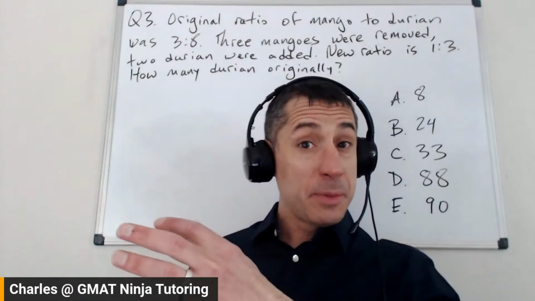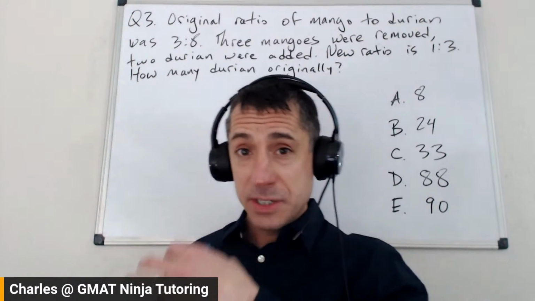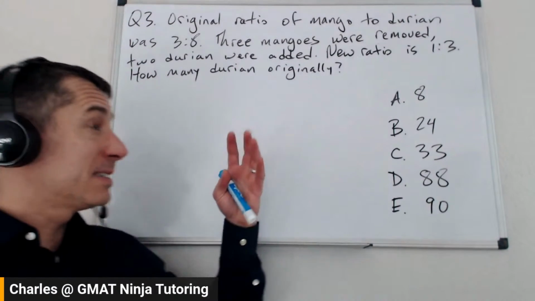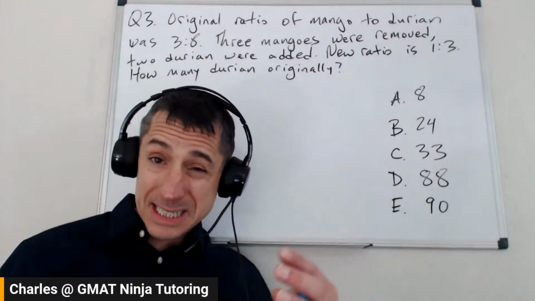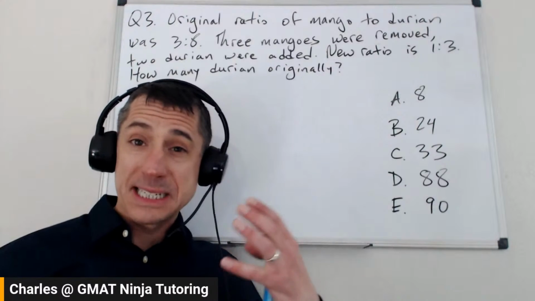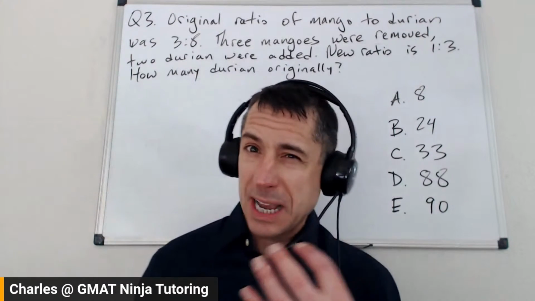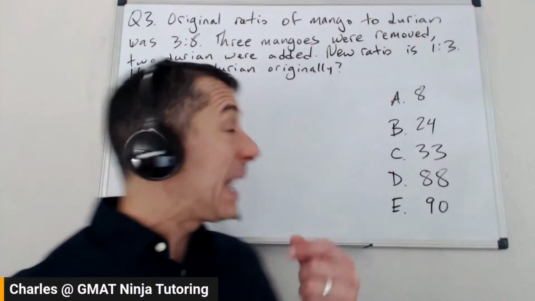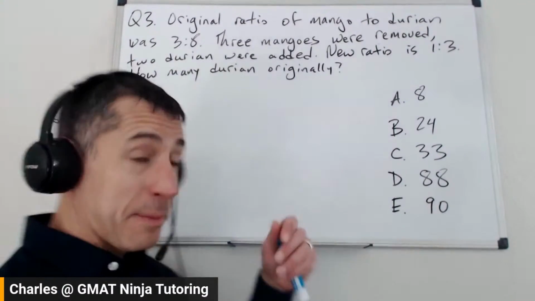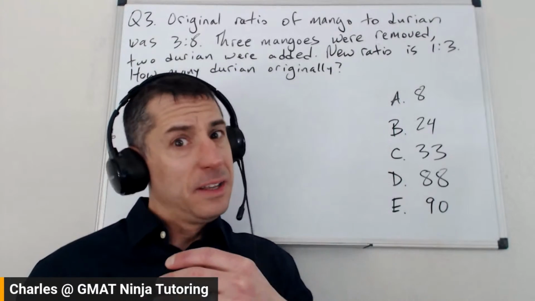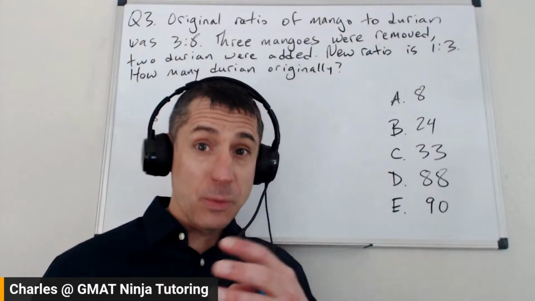You could do it with 2 variables if you wanted to. There's a way to get 2 equations, 2 variables. That is totally fine if that's what you're doing. Sometimes you can just kind of play with the numbers and get somewhere. I don't recommend that just because it takes so long, but it's not a bad way to learn your way around ratios. If that's what you're doing, we're messing around and going, well, maybe I have 3 and 8 to start. Does that work? Maybe I have 6 and 16 to start. Maybe it's 9 mangoes and 24 durian. That's rough, but you're going to learn something along the way.